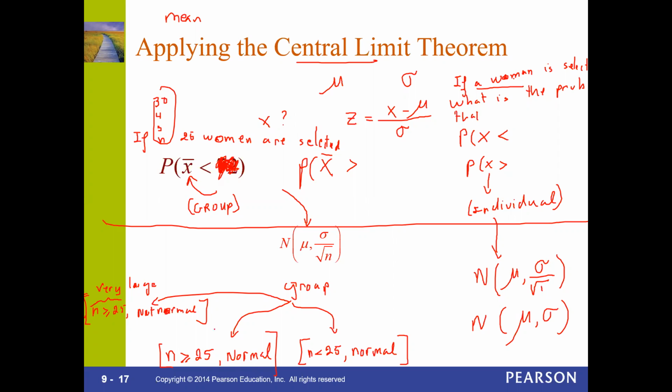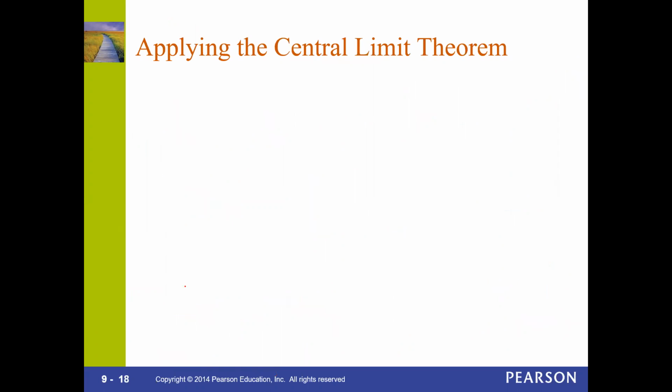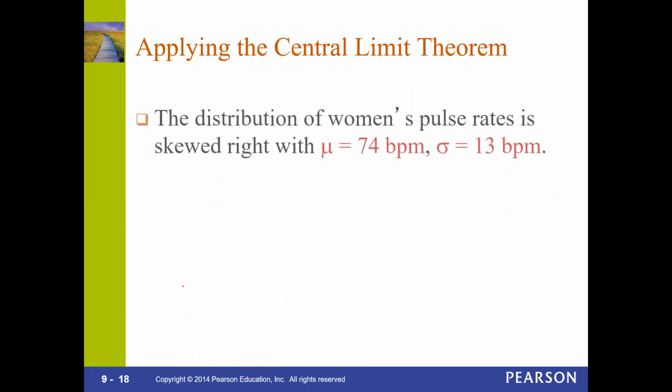Okay, no questions. So let's do a quick example. I probably won't have time to go on to a second one here. This one says the distribution of women's pulse rates is skewed right with mu equal to 74. Now they give you a skew, but based on the little thing that I just told you, this is going to be treated as a normal distribution. So the mean is 74